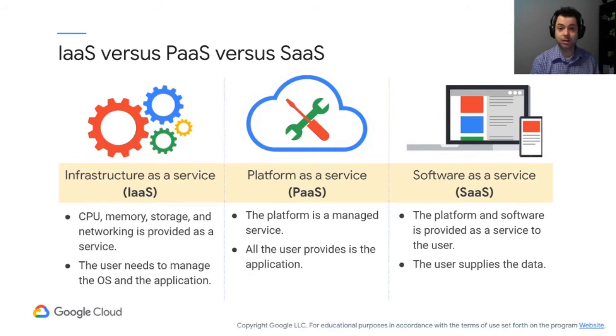I just want this thing to run, and I'm going to let the cloud provider handle that. Then the last one that we have here is the software as a service. Basically, this is effectively a third layer of abstraction, right? We don't care about the platform, we don't care about the software. We just want data in and data out. So we want to see changes, right?